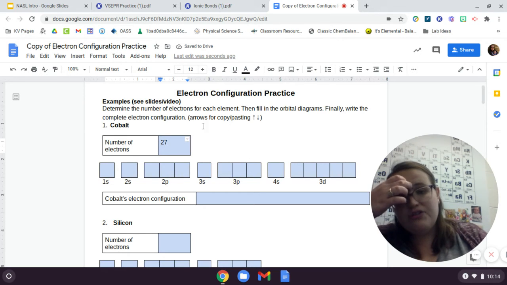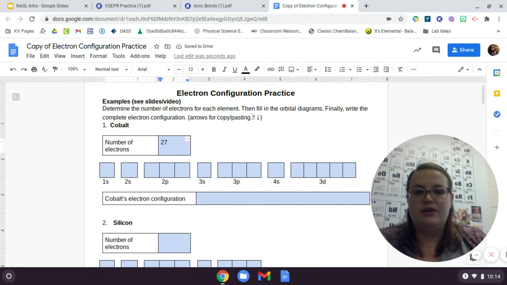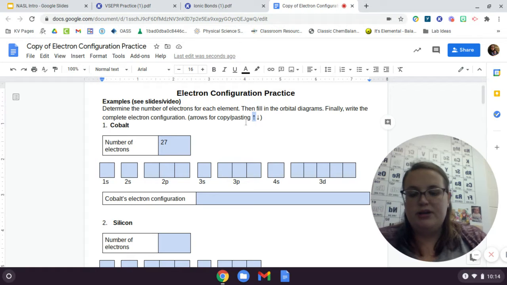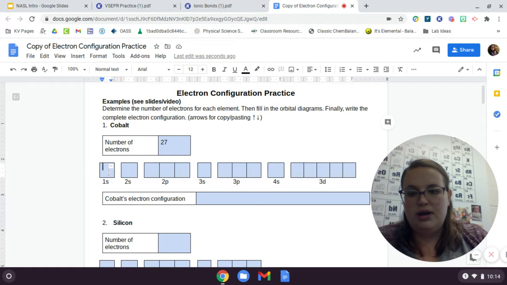I did include these arrows for you to copy and paste so you can do your electron configuration. Remember, I have to do my ups before I do my downs. So I have 1, 2, 3, 4, 5, 6, 7,